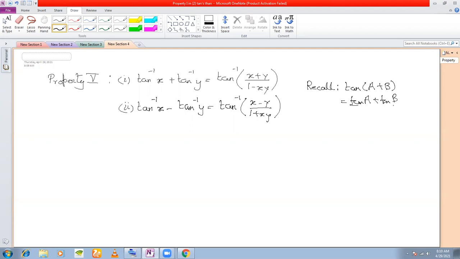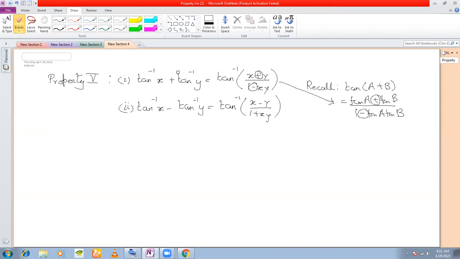Tan A plus tan B by 1 minus tan A tan B. Now, if you see, you have a plus sign here, and x plus y means tan A plus tan B, so you have a plus sign there also. And in the denominator, you have a negative sign here, and a negative sign there. So you can compare this with this, and similarly, you could compare tan(A minus B) also. That is why last year I had told you that you have to remember all the compound and multiple angles well,